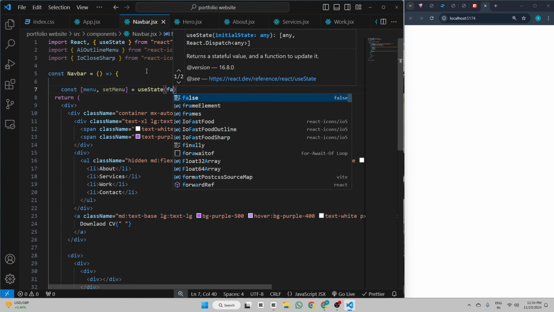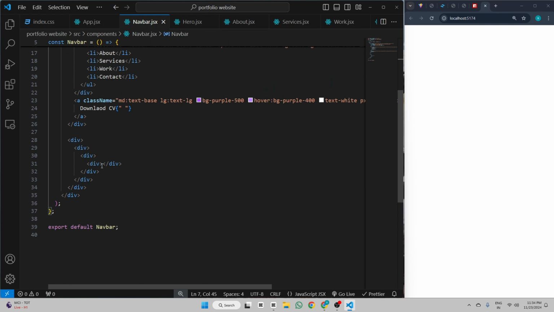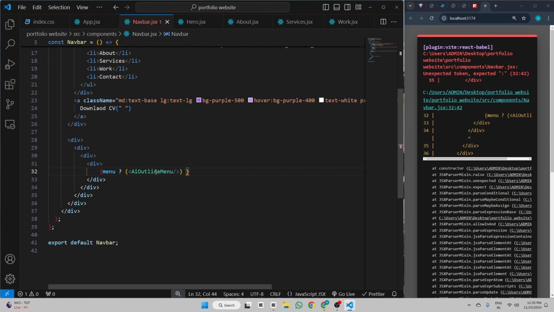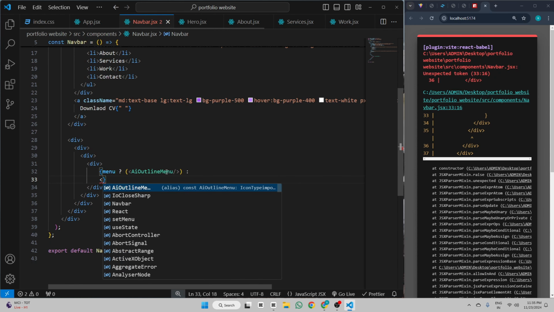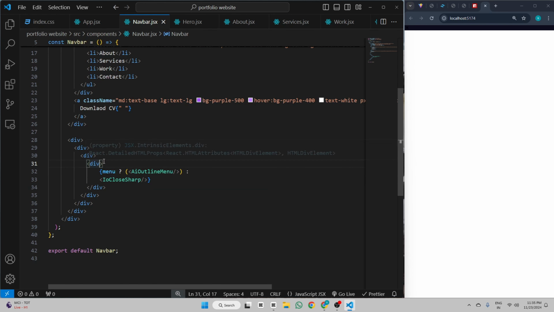The initial value will be false, and here inside this div we write some JavaScript. So if our menu is outline, otherwise we will use our IO sharp icon. So now give it some class name. So here class name,